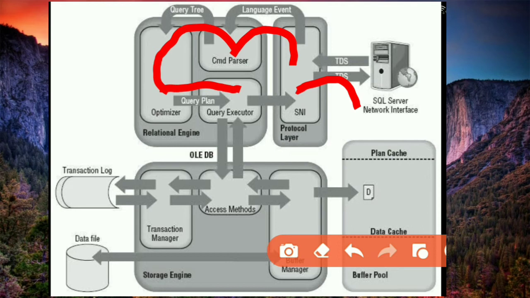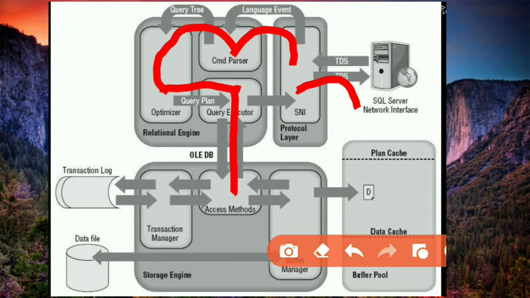Okay, so the relational engine's task is over. I have not described the components here because I have already covered all of them in the architectural video, so go and watch that, then it will be clearer. So from the query executor, it will simply execute the query in the access method. As I said, the access method is going to check two things, whether that particular query is a select query or a non-select query. So in this case, the query is a non-select query.